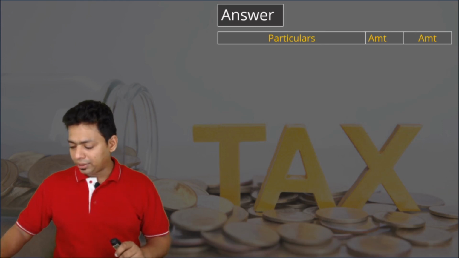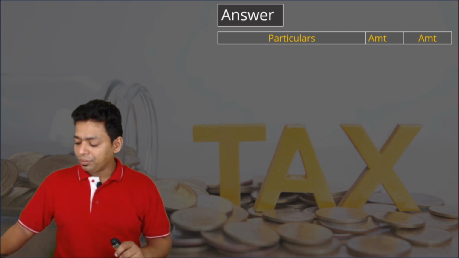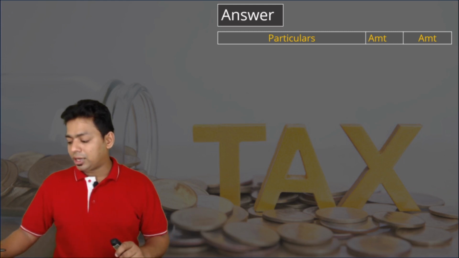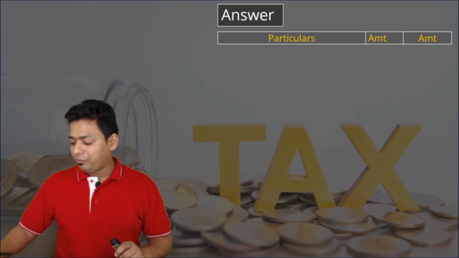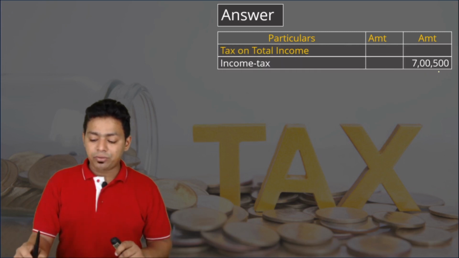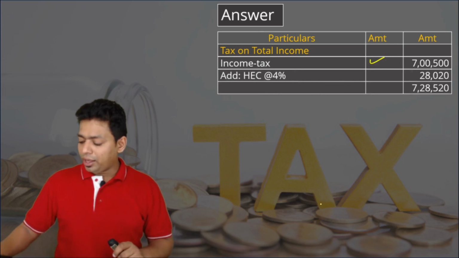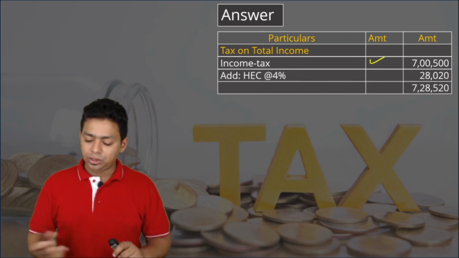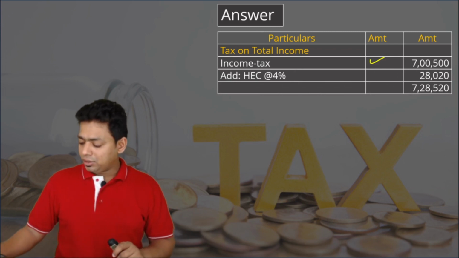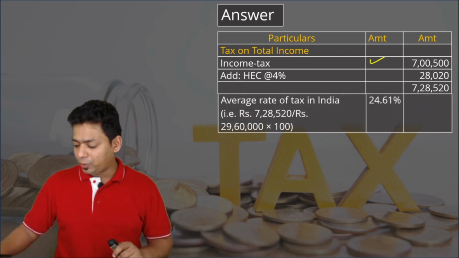29,60,000 minus 10 lakh is equal to 19,60,000 into 30%, that comes to 5,88,000. 5,88,000 plus 1,12,500 is equal to 7,00,500. 7,00,500 is the income tax that is there. You please compute income tax. Then add health and education cess, 28,020 rupees. That will be 7,28,520, divided by